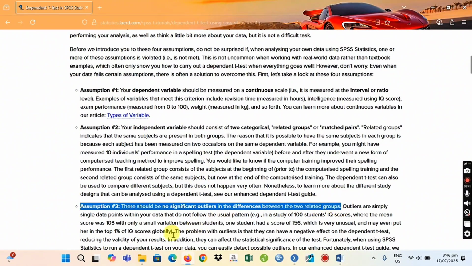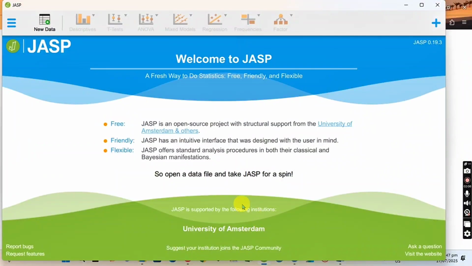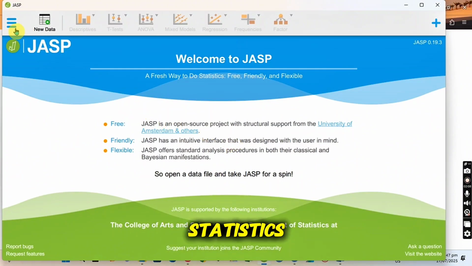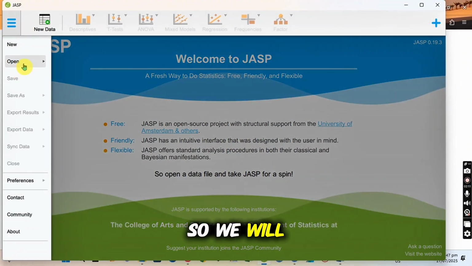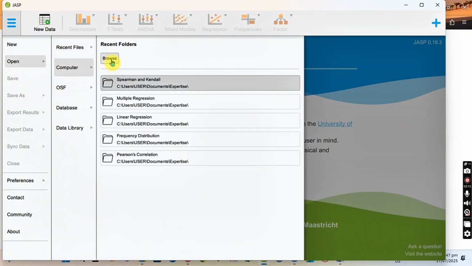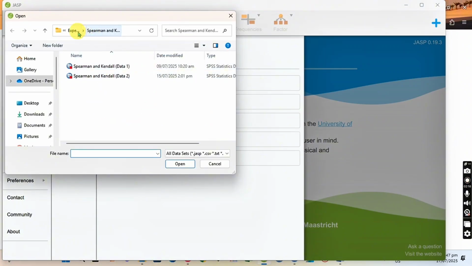Assumption number 3, there should be no significant outliers in the differences between the two related groups. So basically, if we're going to check it, let's use JASP, Jeffrey's Amazing Statistics Program. So we will open computer browse.